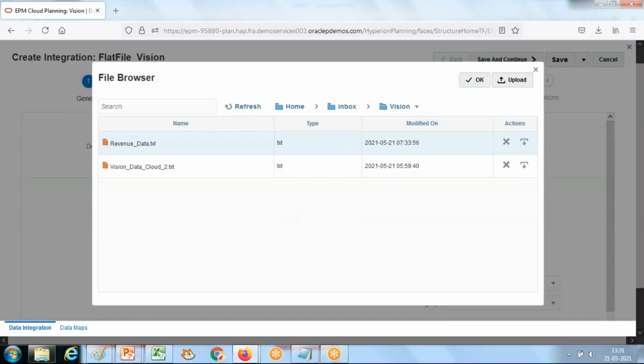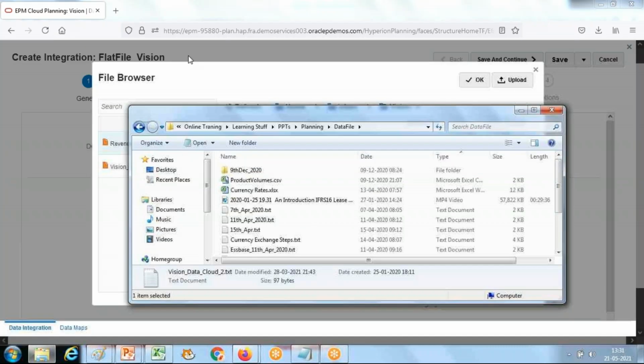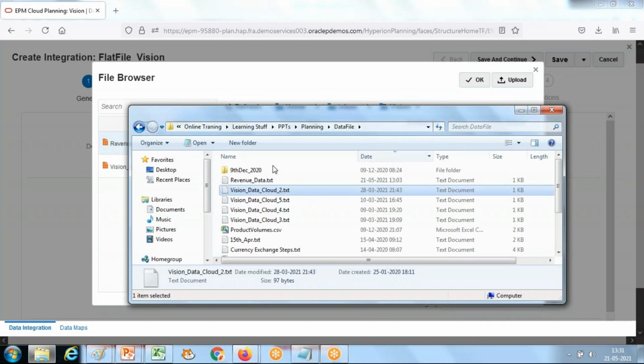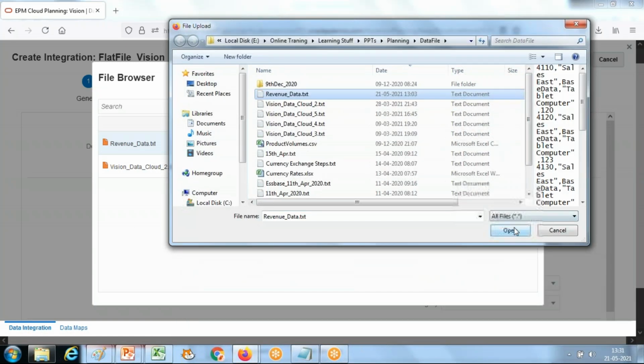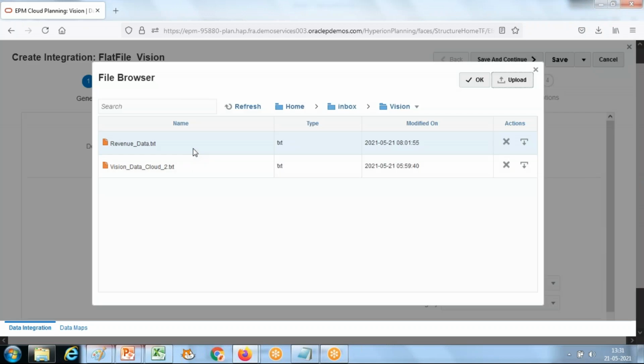So the file I already uploaded in the previous example, but you can simply upload it. Select your file. This is my data file, right? Click on the upload section, point to the file and just upload the file. Because it was already uploaded, when I upload it again, it got overwritten.